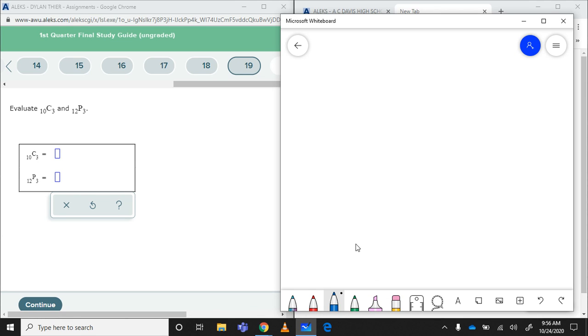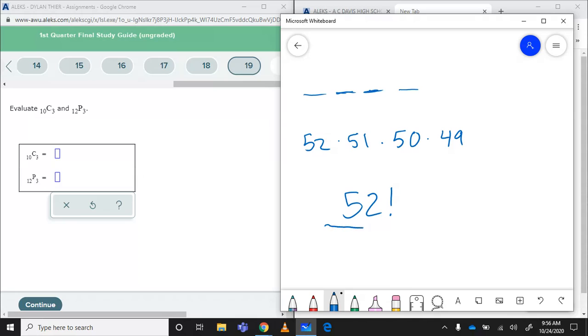Okay, let's do a quick review of combinations and permutations. If I have 52 cards and I want to pick out 4 of them, I will have 52 choices my first time, 51 choices the next, 50 choices after that, and 49 at the end. So all of the different ways that I can get 4 cards out would be written as 52 factorial divided